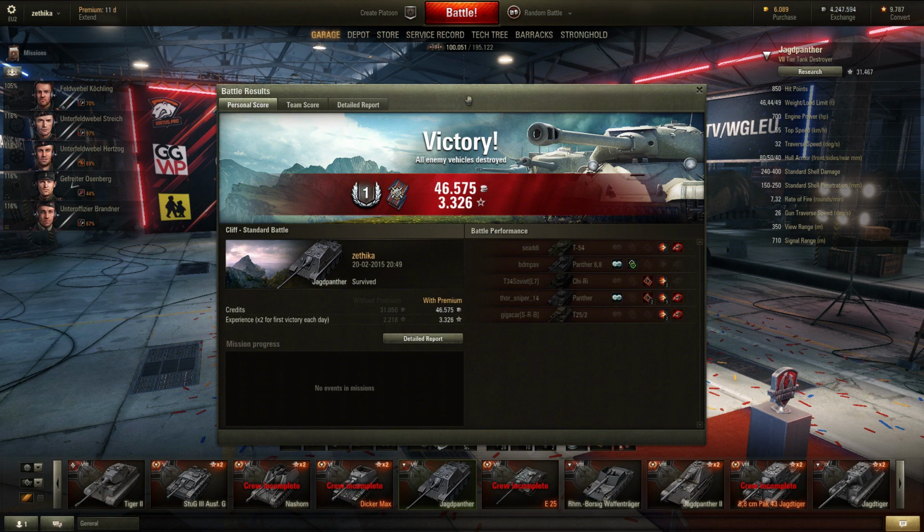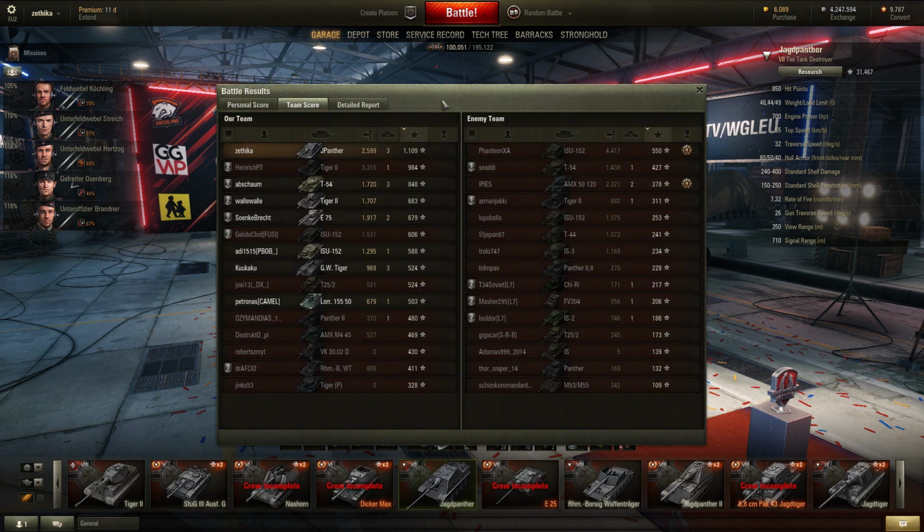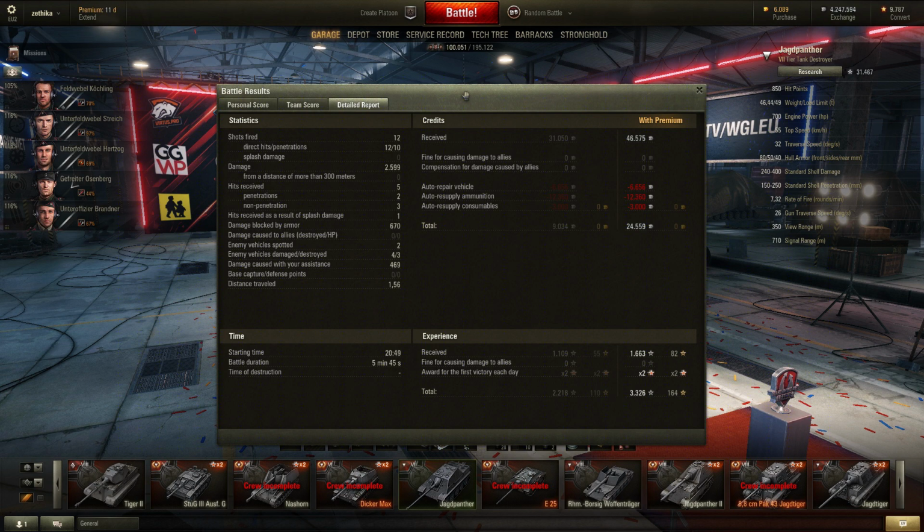Now, as before, I'm not going to go into too much detail about the post-game stats themselves. This was a first-class mastery badge. I earned 46,575 gross credits and 3,326 experience, with a 2x victory. I did the second most damage on my team with the ISU-152 and the enemy team doing a significantly larger amount. I feel bad for the poor fellow, he obviously did well. And I earned the most experience, of course, and we can see here that I earned 25,000 credits, roughly,